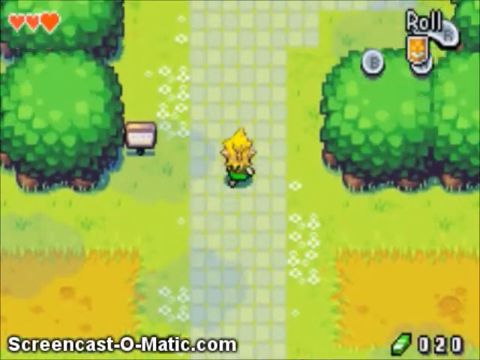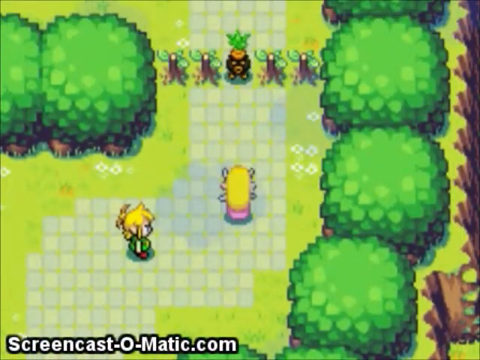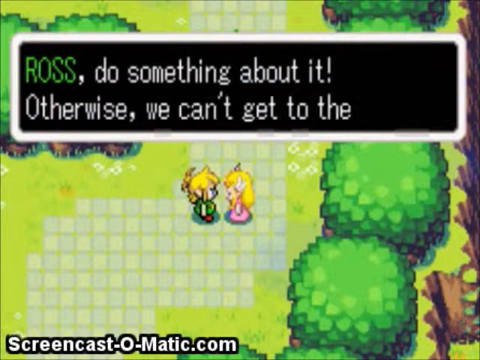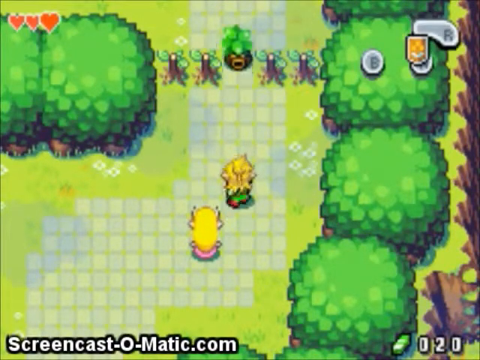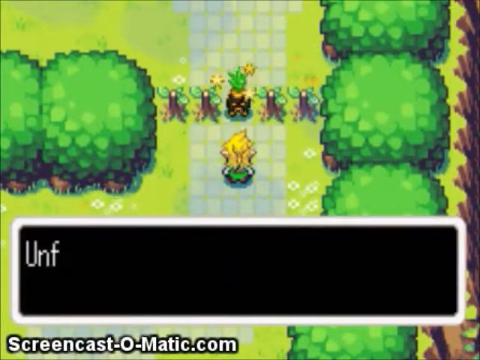Or whatever you're used to more, I guess. But anyways, you're gonna have to use it here shortly. This Deku scrub is pelting Zelda with Deku nuts. Yeah, we have. If only we had some way to defend ourselves against those nuts of his. That sounded a bit strange. Anyways, you just use your shield to deflect it like you do in any other Zelda game, but